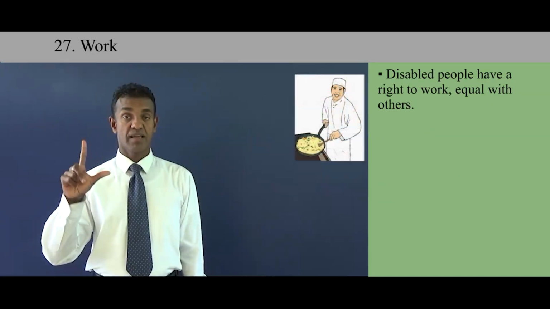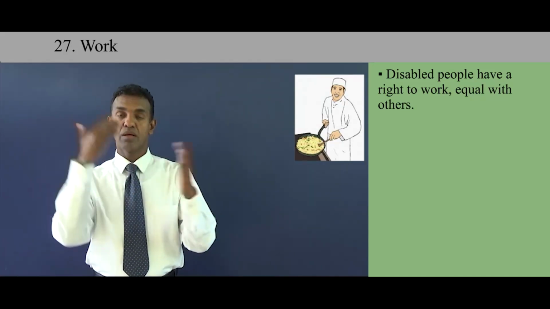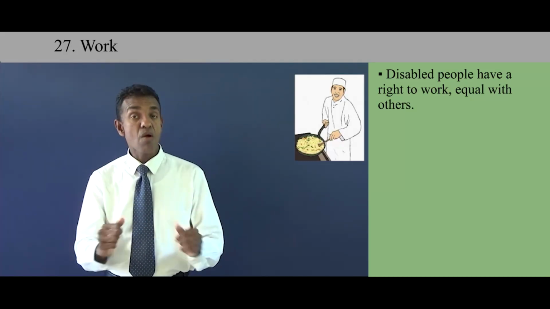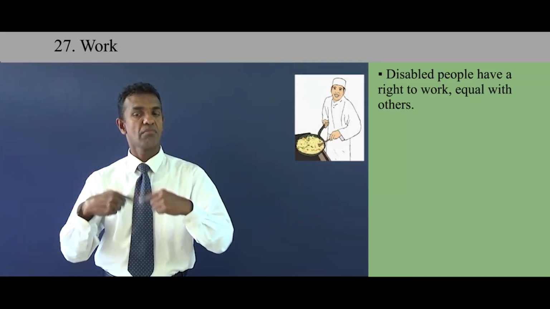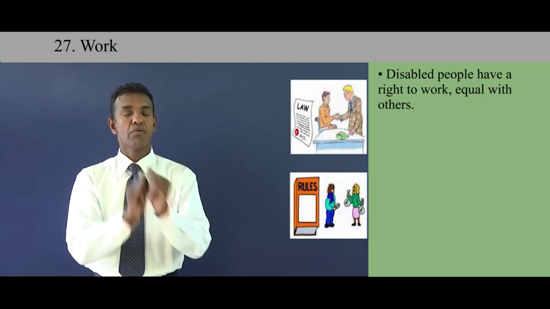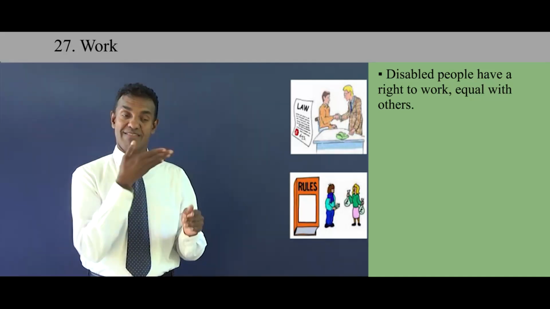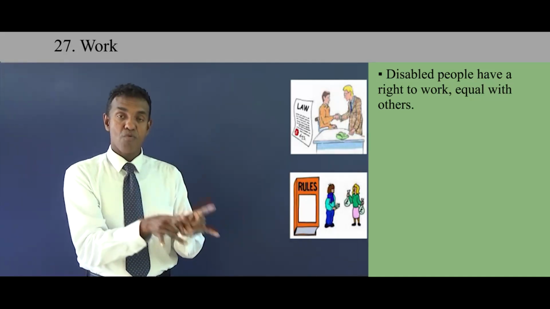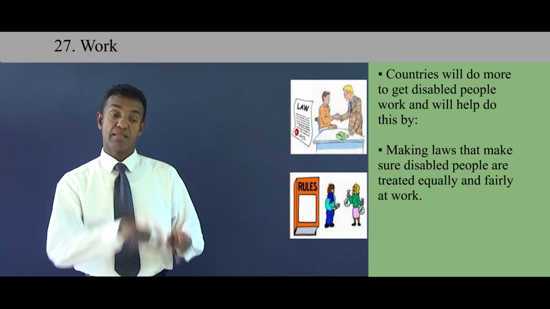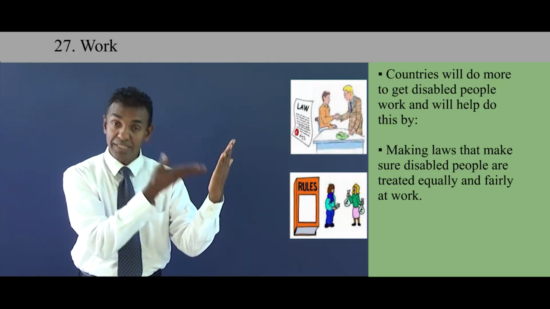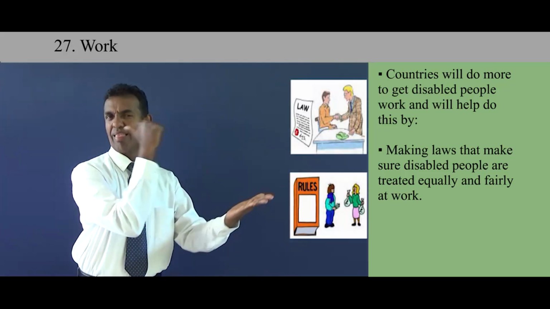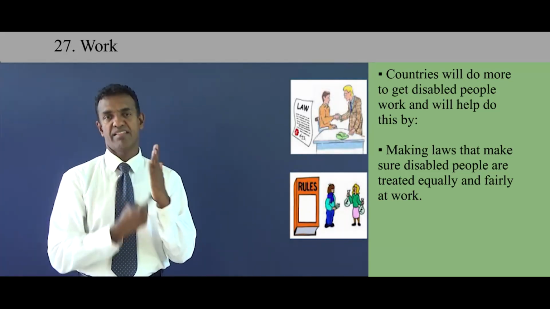Work. Disabled people have a right to work equal with others. Countries will do more to get disabled people work and will help do this by making laws that make sure disabled people are treated equally and fairly at work, making sure disabled people have equal job rights and rules and pay,